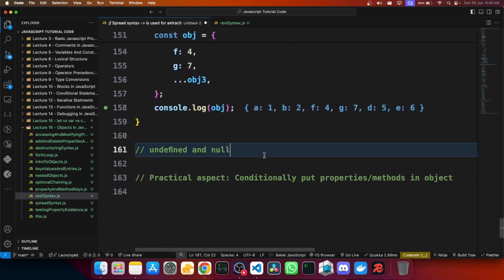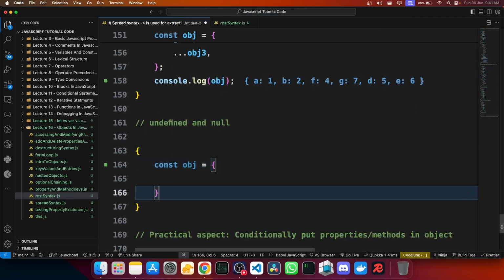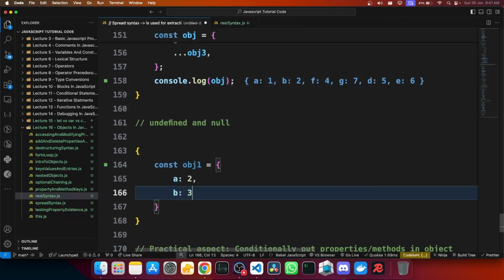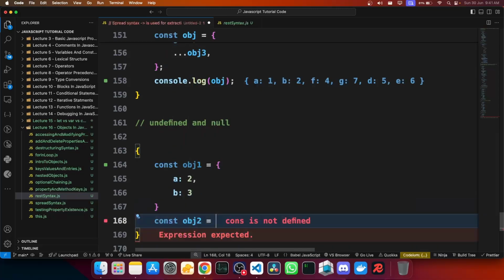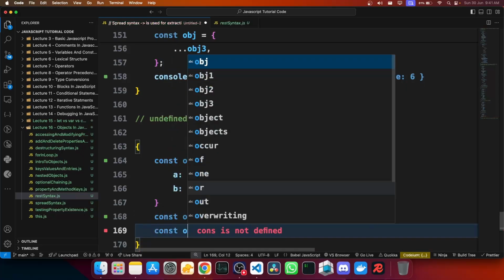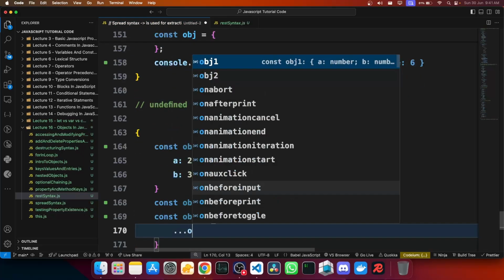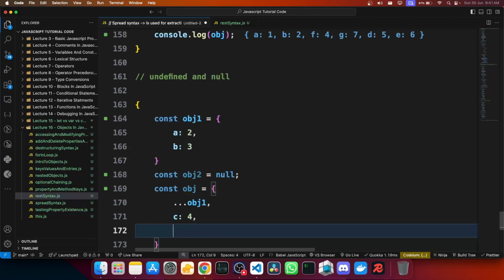Now let's talk about one more important thing, which is undefined and null. So let's say you have obj1, which is let's say b3. Now you have obj2, which instead of an object is null, for example. Now, if I go and say obj1 here and let's say c equal to 4, and then I just do something like this. Now you might think, when I remove the comment from here, it will cause